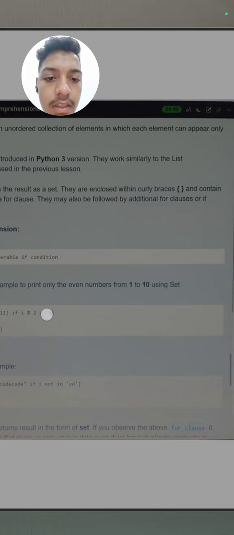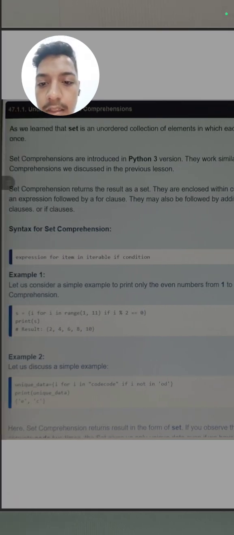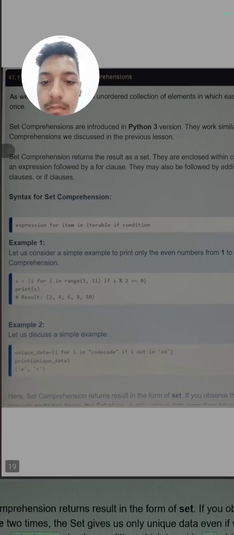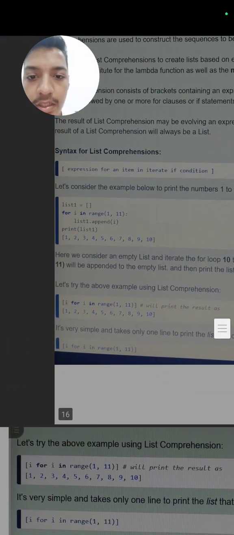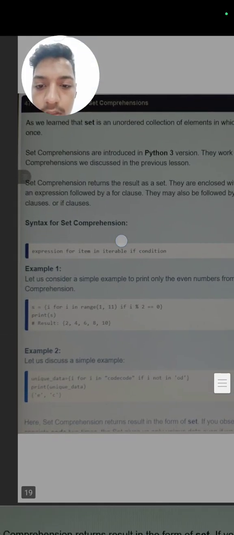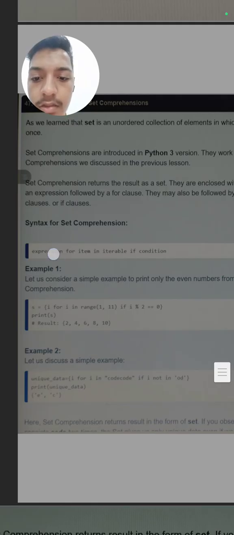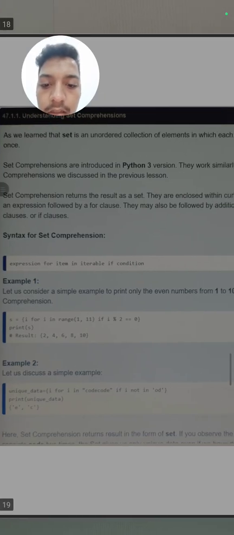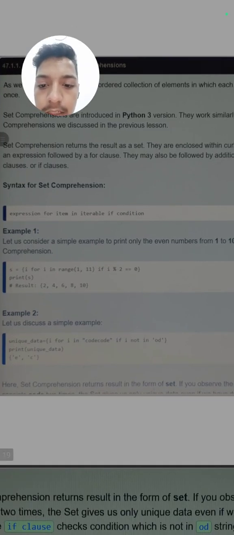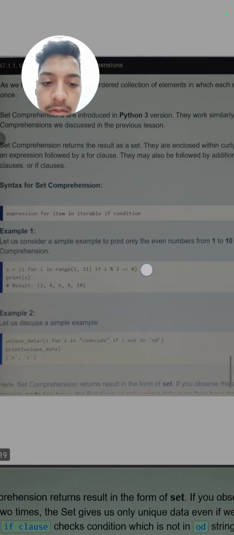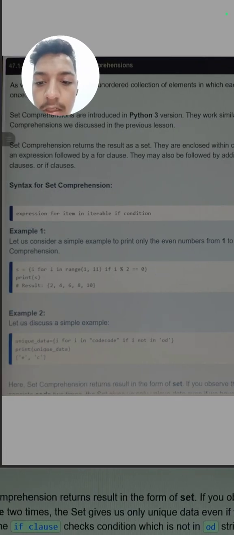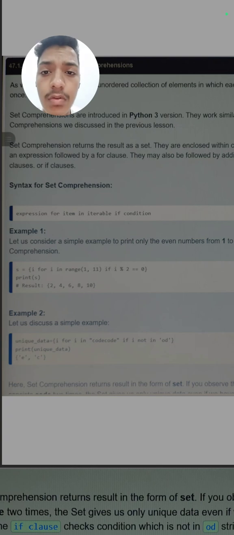They are enclosed within curly brackets and contain an expression followed by a clause. So what is the syntax for set comprehension? The syntax is the same, but list comprehension is written with square brackets, whereas in set comprehension we use curly braces. So we will take an example. Let us consider a simple example to print only even numbers from 1 to 10 using set comprehension. So s is equal to, here we have to write them in curly